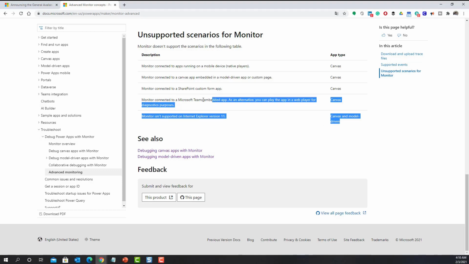Few points we all have to remember before we implement monitoring in our environment is that monitoring also has some unsupported scenarios. These are all the unsupported scenarios, 4 canvas scenarios and 1 canvas and model driven scenario. So just be in note while proposing monitor at the time of debugging the production app or UAT app.